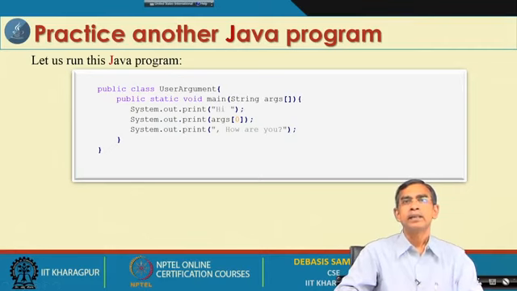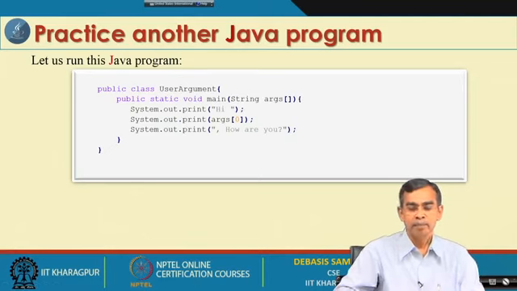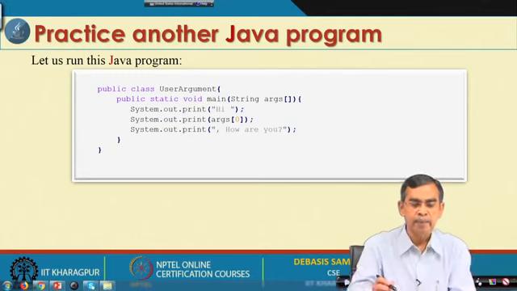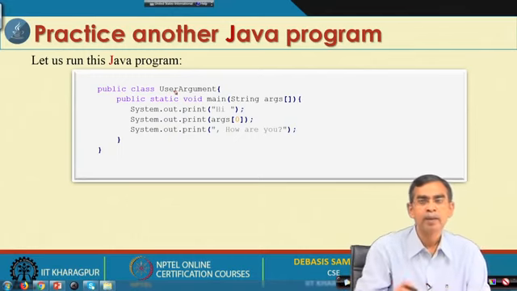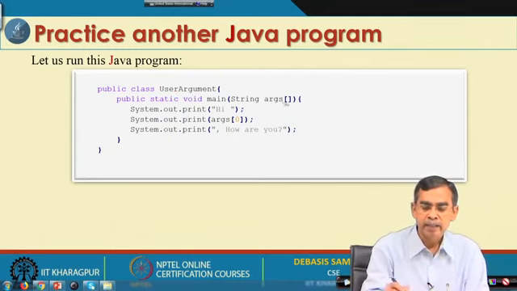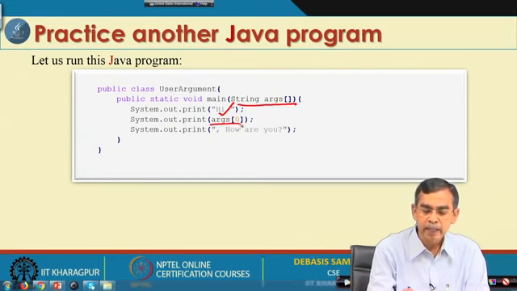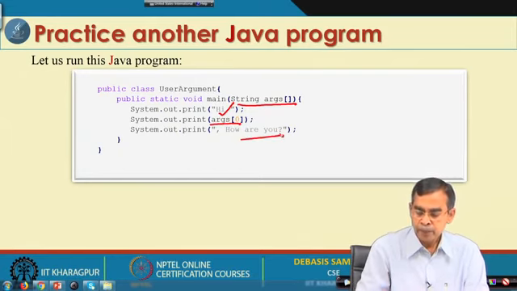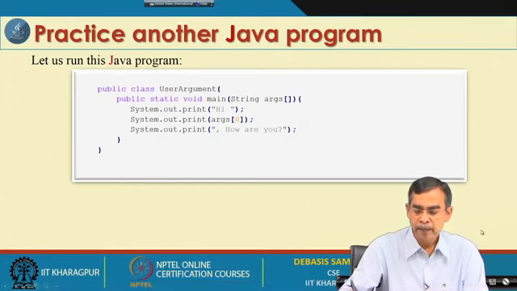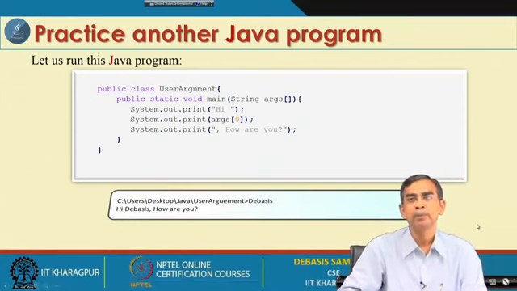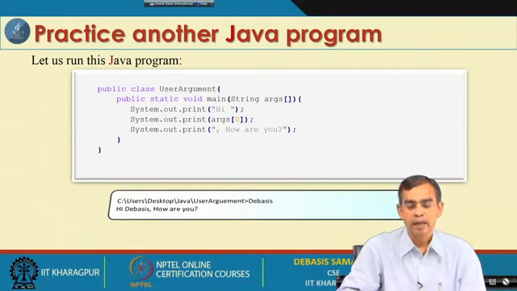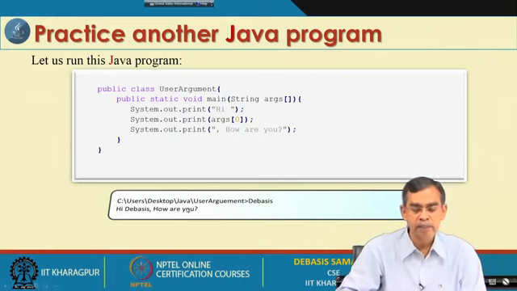Now, let us see how we can practice another simple program. We can understand it very quickly. Here is another command line input example, and this is the same thing as we had earlier. It will print the message from this print statement, it will print the arg0 and this one. Now, if you run this program with a different input, for example, say name user argument, then Devashish.